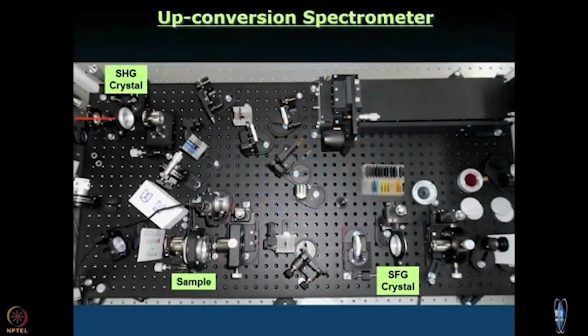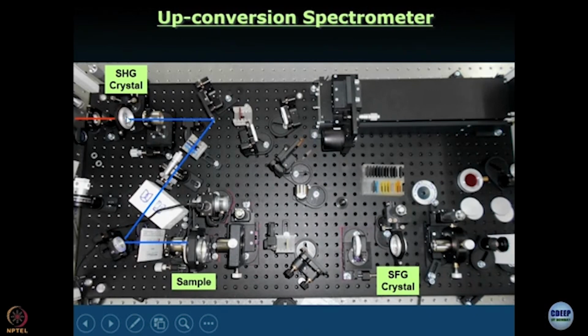It may be a little difficult to follow it in this way when I speak, but later on when we talk about nonlinear optics, we will actually draw diagrams, and then I hope it will become a little easier. For now, all we need to understand is that this red light falls on the second harmonic generation crystal, SHG crystal, and blue light is produced. And what you have seen is the path of the blue light. I will go back a little and show you the path of the blue light, but before that, let me tell you, you could see what happened, right. Blue light gets produced here at the